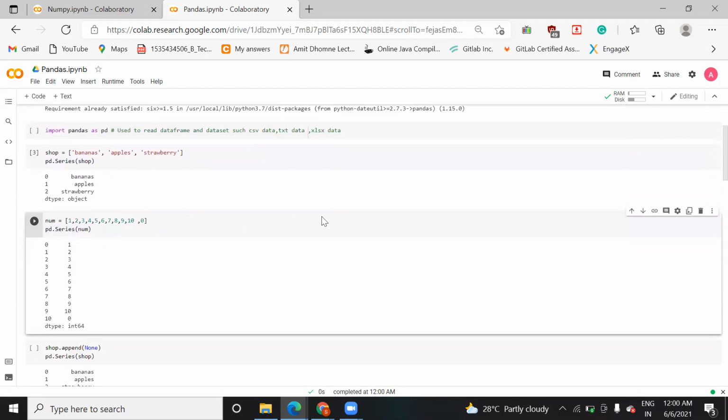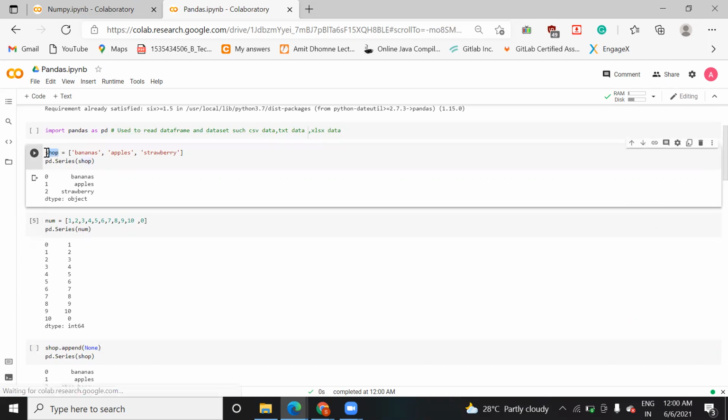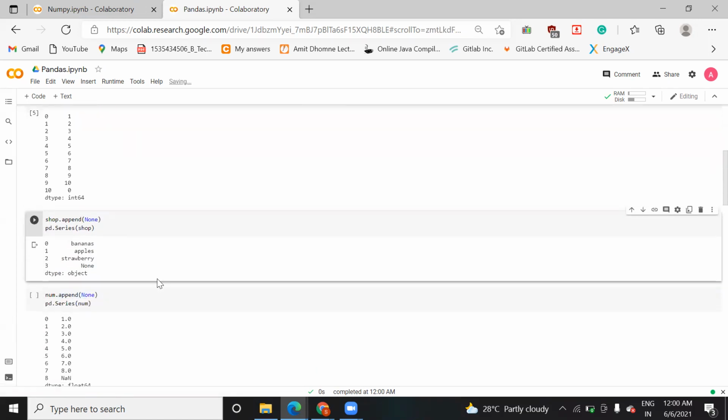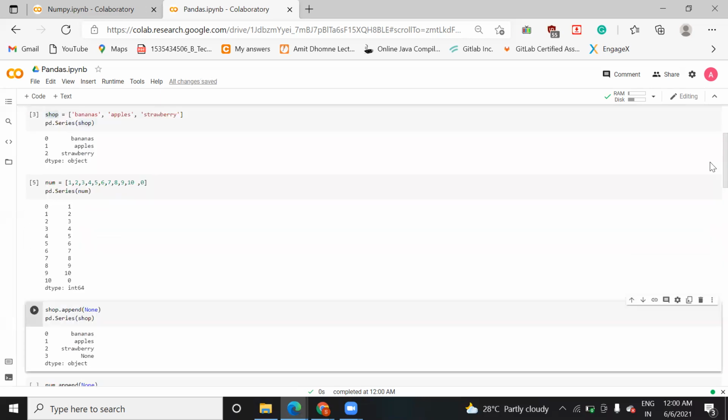The advantage is that it is saved with a proper index, which will help you to easily find the data. If you want to append more data, you can simply use the variable name, shop.append, and add it. When you run this, shop.append is the function that will add this element at the end of the shop list.